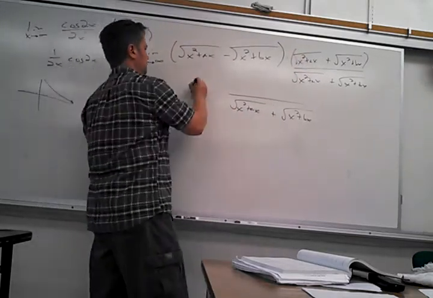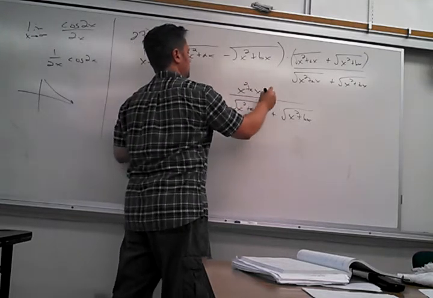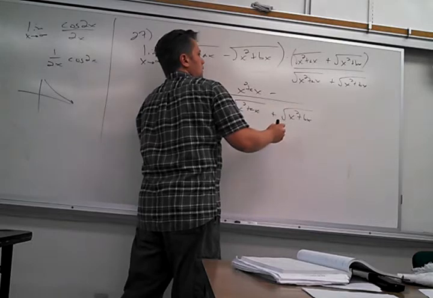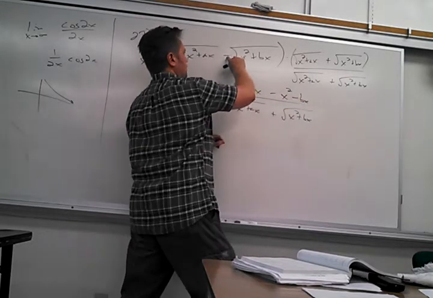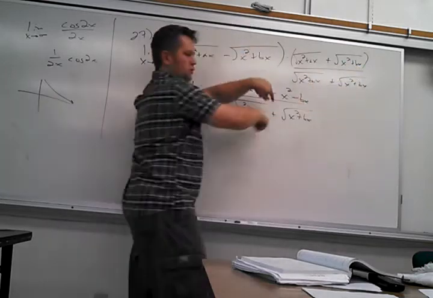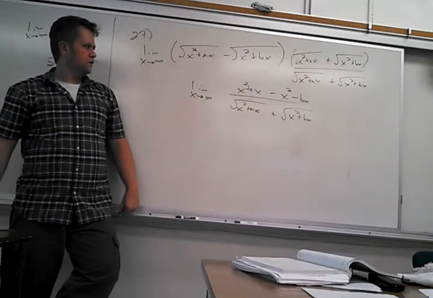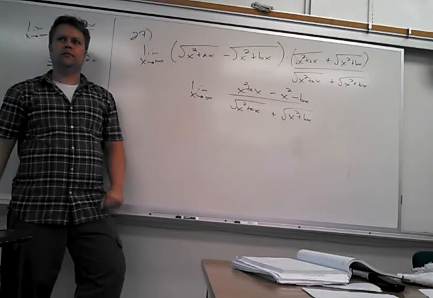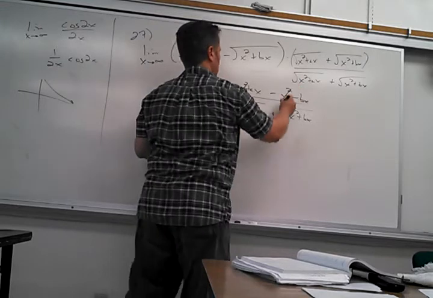So what do you have on the top? X squared plus AX. Don't forget that minus has to go through the whole thing. It's got to affect both of those. That's key. So that's nice, because what happens? X squared goes away. So then I get,